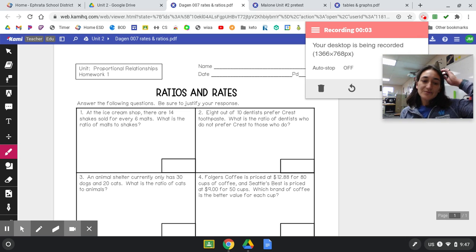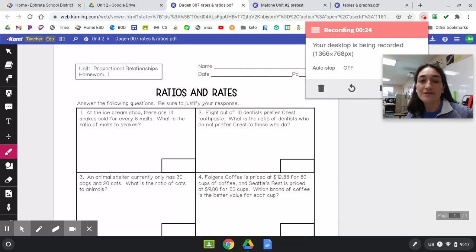Okay, so as we go through a quick study guide review, you guys might have forgotten some of the information. So here's a quick review. I'm going to start with ratios and rates, which we did at the very beginning of this unit for an essential standard. Remember, for example, in question number 3, an animal shelter currently only has 30 dogs and 20